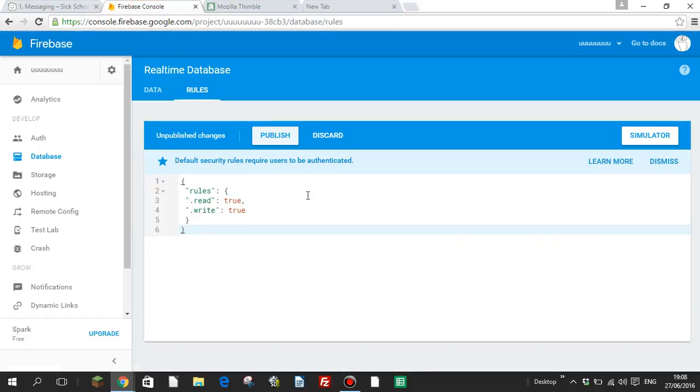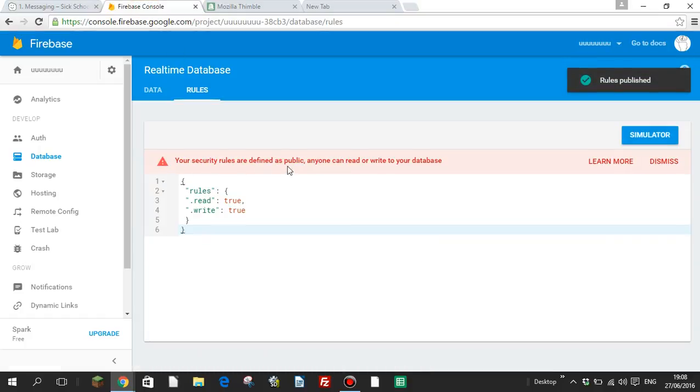Say publish, then it's going to warn me, saying, are you insane? Do you want anybody in the public to use your database? So yeah, because I'm going to delete this afterwards, it doesn't really matter, right? But what these rules should be like is only a person from yourwebsite.com, whatever, can access